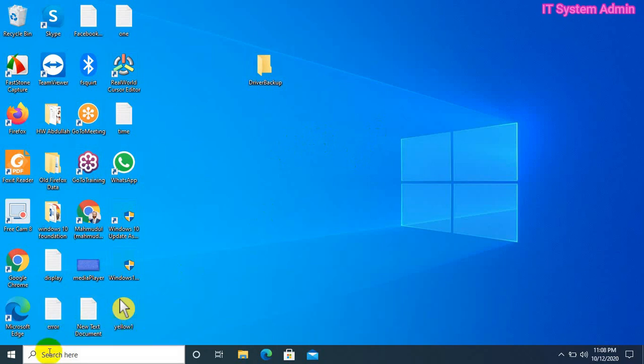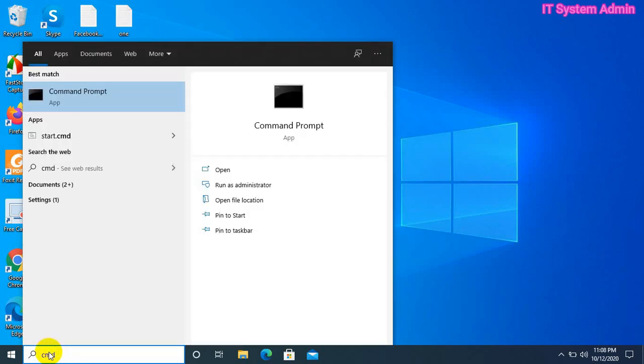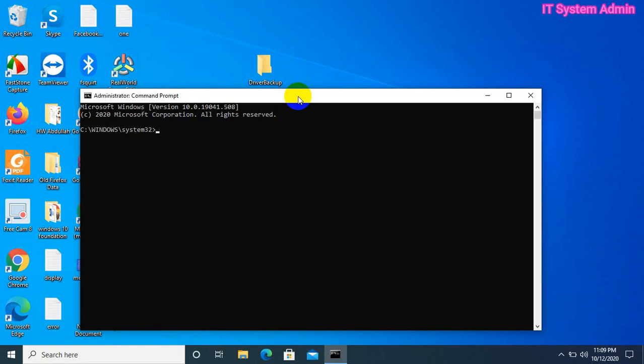Now click on search bar, type CMD, run CMD as administrator. To create backup, type DISM space slash online space slash export hyphen driver space slash destination